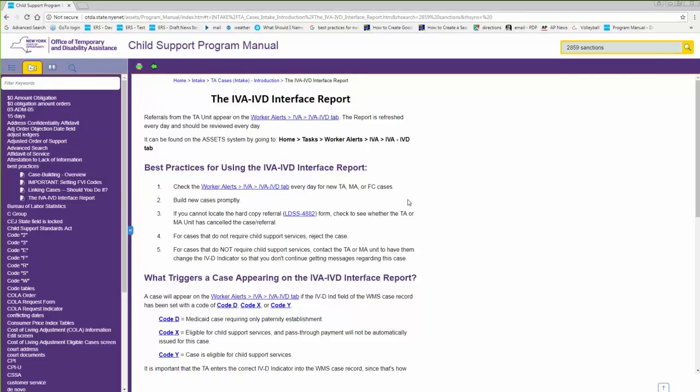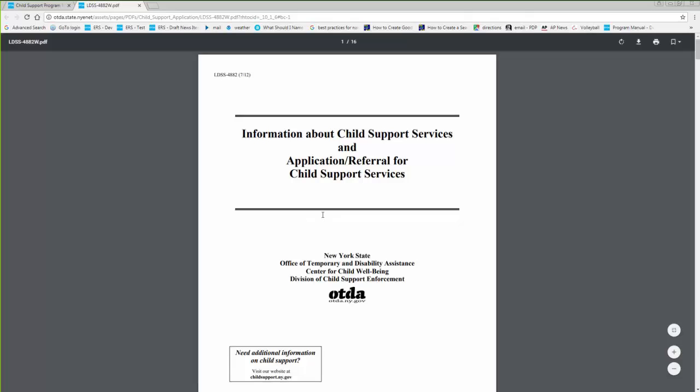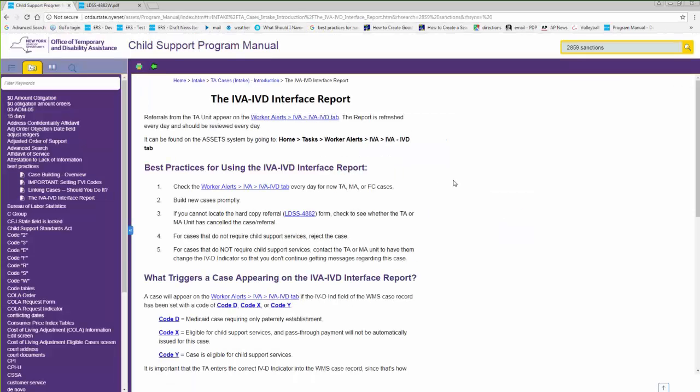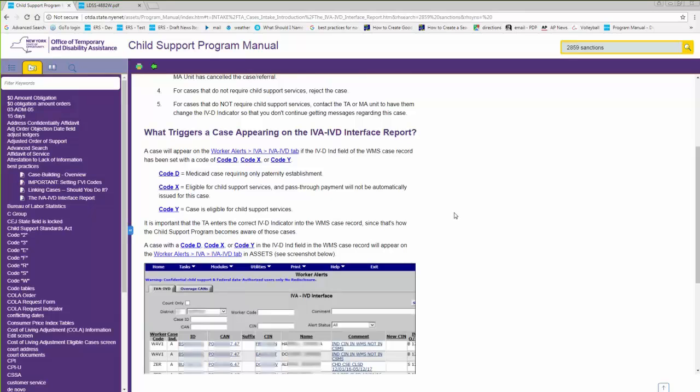Forms, any mention of any form, you just click on the mention of it, you're taken to ERS to view a copy of that form. There you go, there's the application 4882. Also, what it does is it opens in a new browser tab, so you have not left the page that you're on. And that's a key design feature here. I've designed it so that you can get supplemental information on demand in one click only, without leaving the page that you're on. So you see that with the pop-up screenshots, you see that with the documents on demand, and you see it with codes as well.